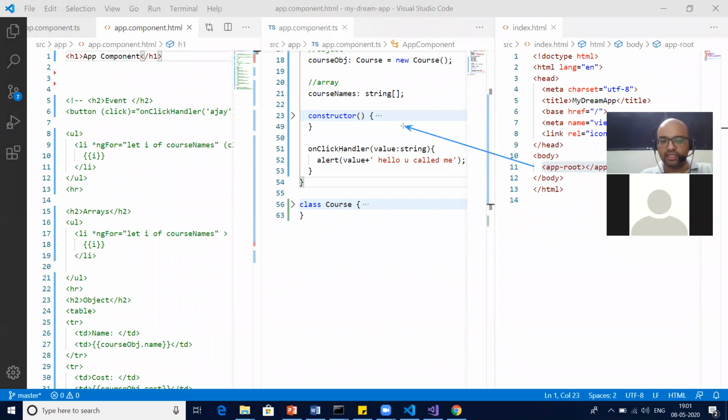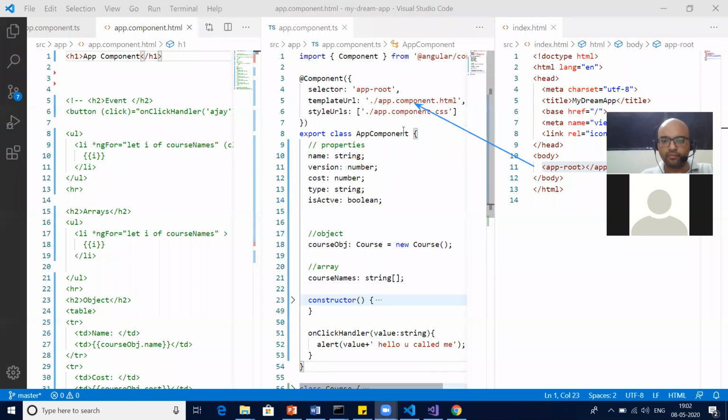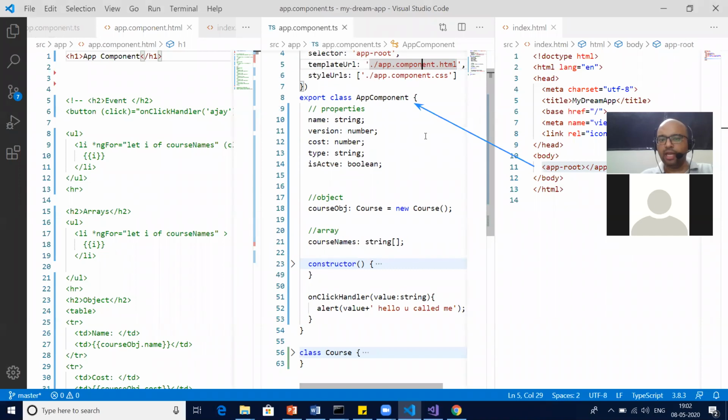Guys, agree? Yes or no? Do you agree or not? Your app component, correct? In the app component, you all agree? Yeah, great.